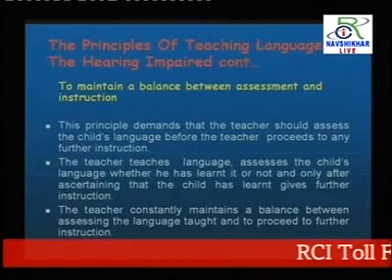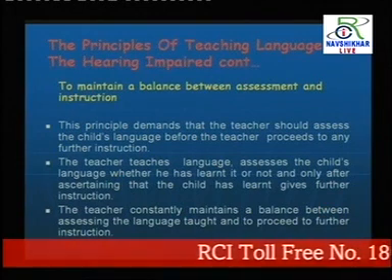So that means although all the children have some characteristics and features that are very similar amongst them, at the same time every child is different, every child has got a unique characteristic and a unique trait. So therefore, for those unique traits, the teachers can have one-on-one interaction, an individual activity, but for the other, at the homogeneous level, the teachers should have group activities which are followed for all children at the same time. And then to maintain a balance between assessment and instructions, the principle demands that the teacher should